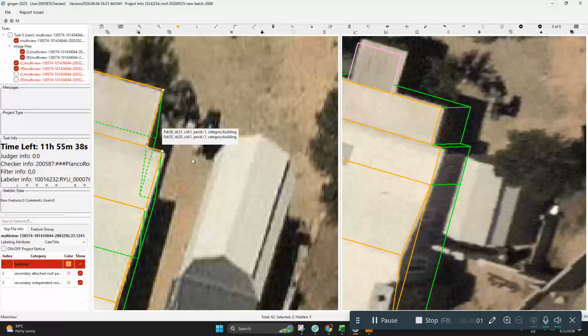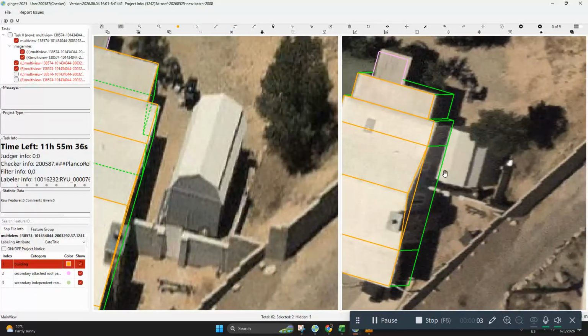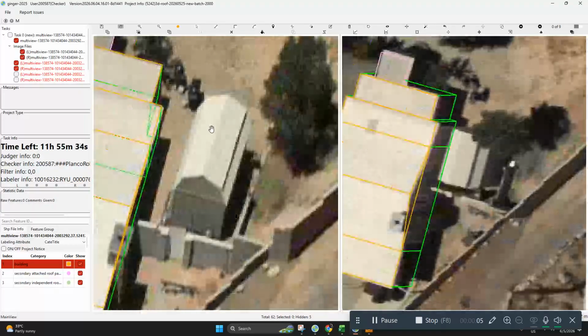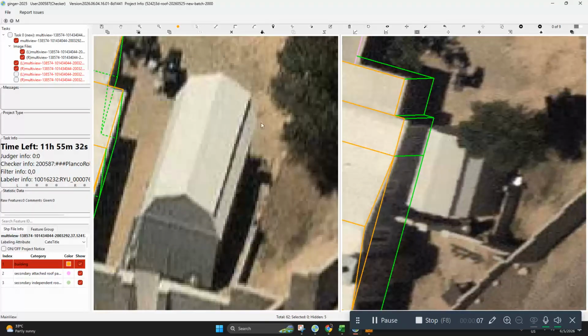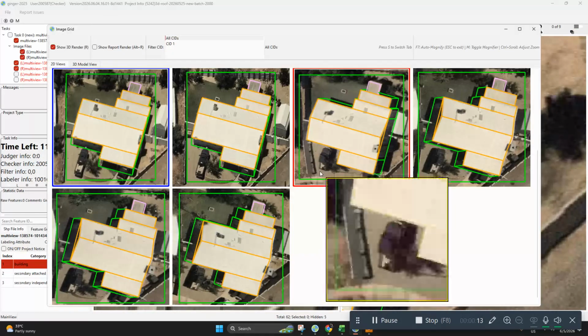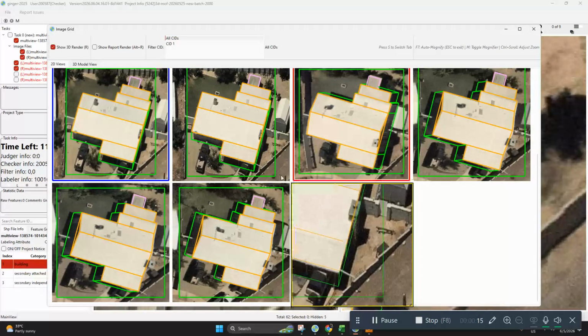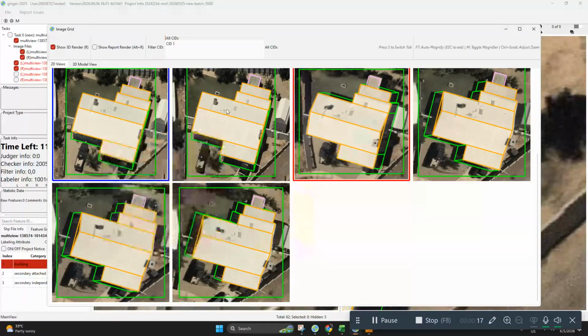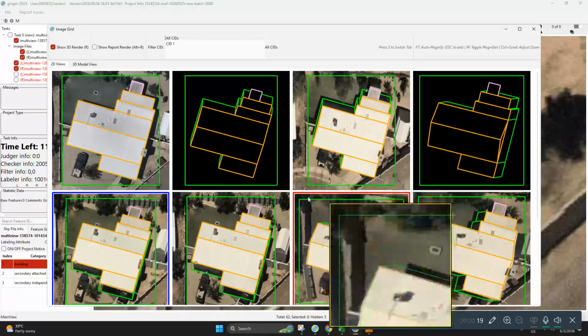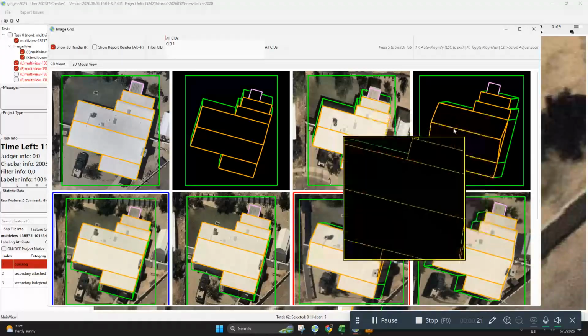Okay, so good day. For this video, we will try to draw this kind of building. Let's check for other views. Avoid using similar views, guys. You will have an issue with your matching later. So let's try to use this one.